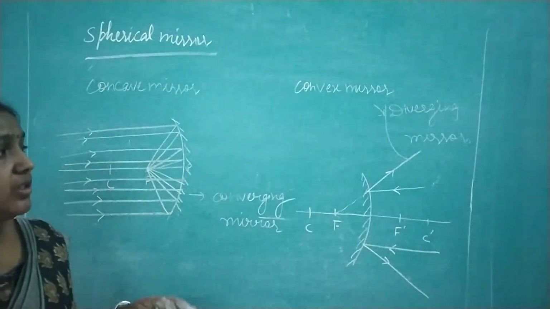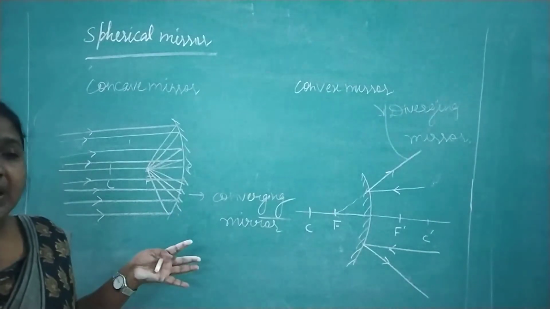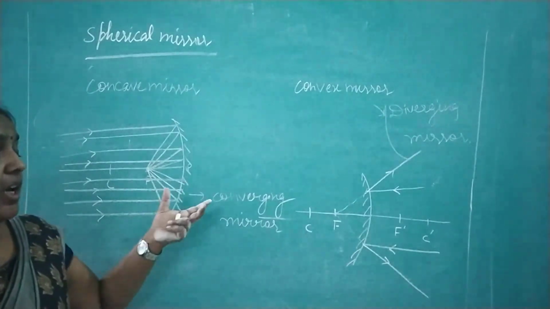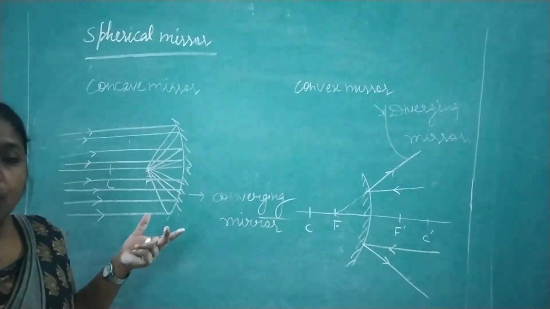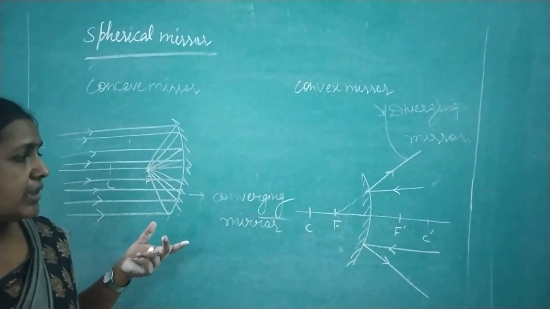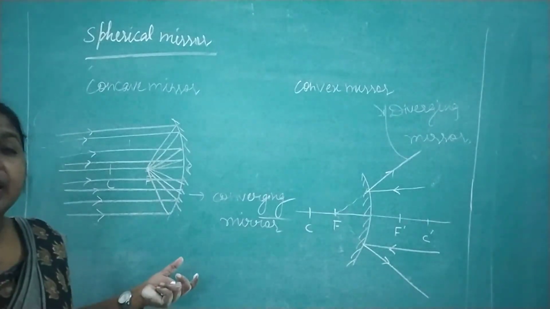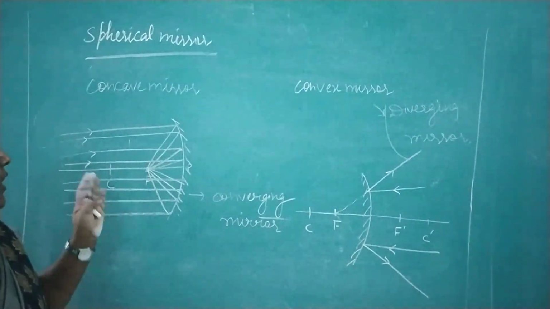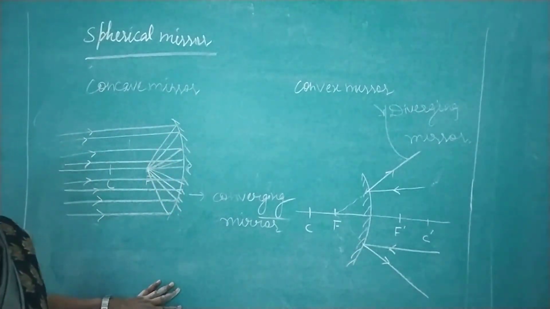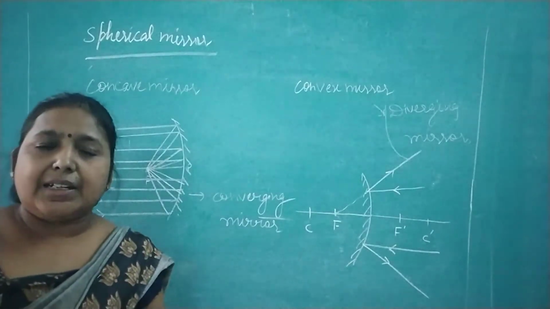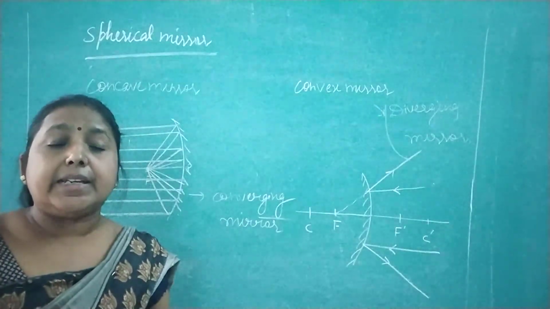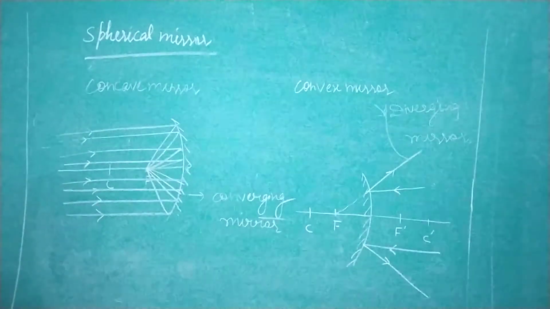This type of mirror is found in your rear view mirrors और vehicles के, जो आपकी गाड़ियाँ वगैरह होती हैं उसमें सब में मिलता है, ताकि आपका दूर तक reflect हो जाए और आपको images मिल जाएँ, and you can see a wide area and the objects look smaller than their actual size. We will discuss one by one. This is about your spherical mirror. We will discuss later the images formed by these types of mirror. We will discuss tomorrow. Okay.